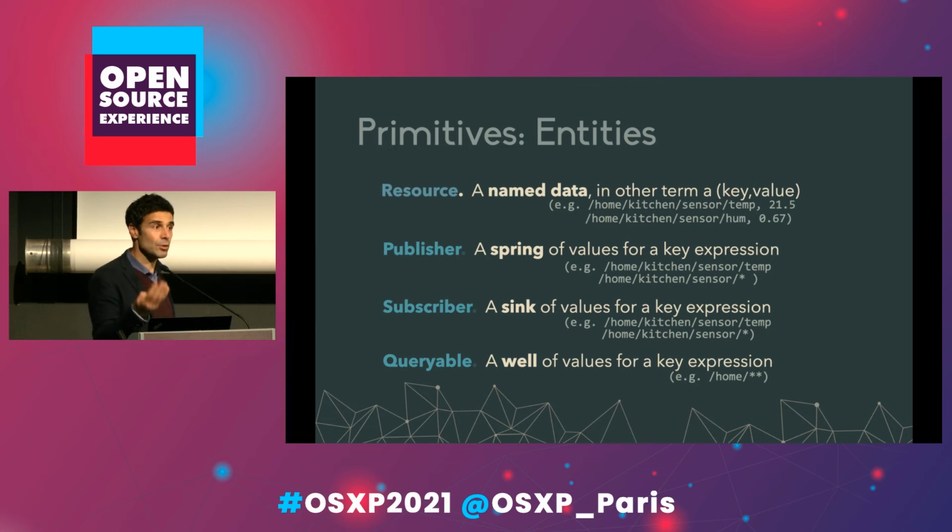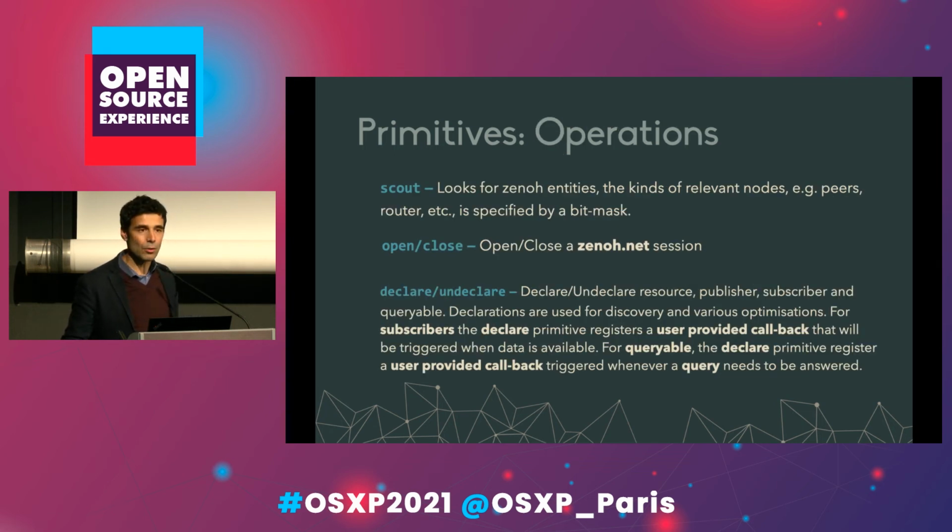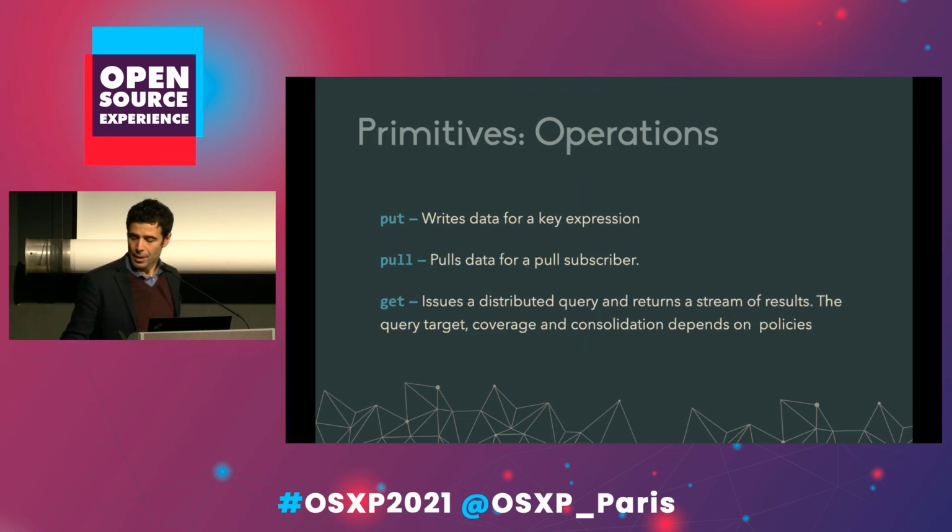These primitives are understood by the protocol. These endpoints are discovered by the protocol, okay? And we route to them based on a named data networking protocol. Then in terms of primitives, obviously, you can scout. We have open and close of session where we negotiate lots of things, okay? And then in terms of the operations to manipulate data, you can put a resource, you can get a resource, which is a distributed query, or you can pull, where pull allows you, if you're a device that sleeps, to say, look, I want to receive data, okay, but you know what, get this data as close as